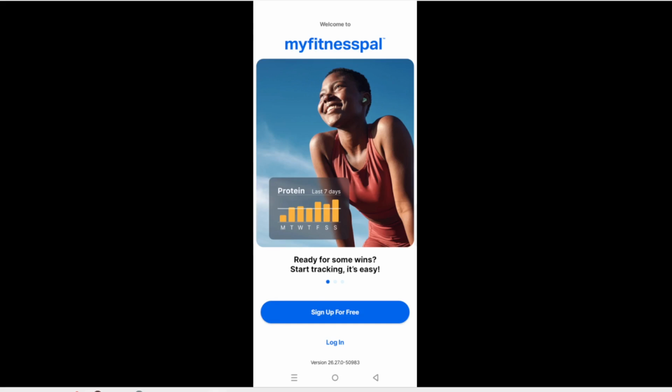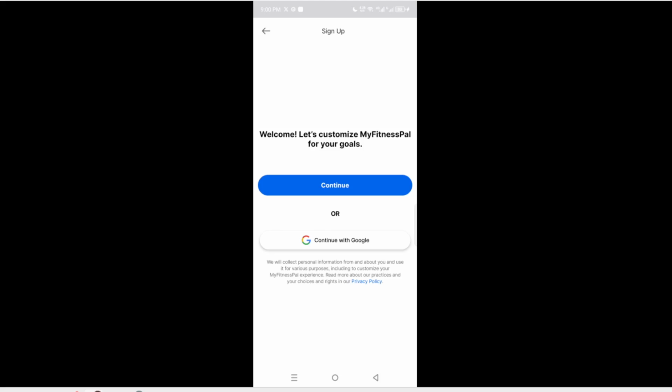From there, select the Sign Up option when you first open the app. You will be given several options to register, including using your email, Google account, or Facebook account. Choosing a convenient registration method is key, as it will streamline your sign-in process later. Each option offers a different level of ease and security. This choice matters because it sets the foundation for your personal fitness journey.